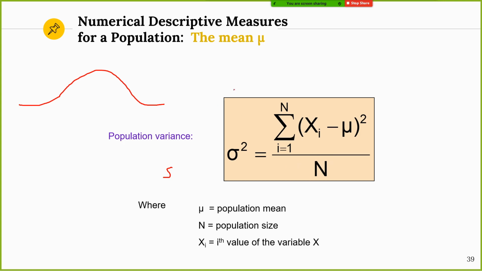Let's say in this population you have 10,000 data, quite many, or maybe a million data, but for the sample you only take around 50 data. If we still use n instead of n-1 for the sample, then the data will not be like this. It will be like this one. It will create a smaller standard deviation.